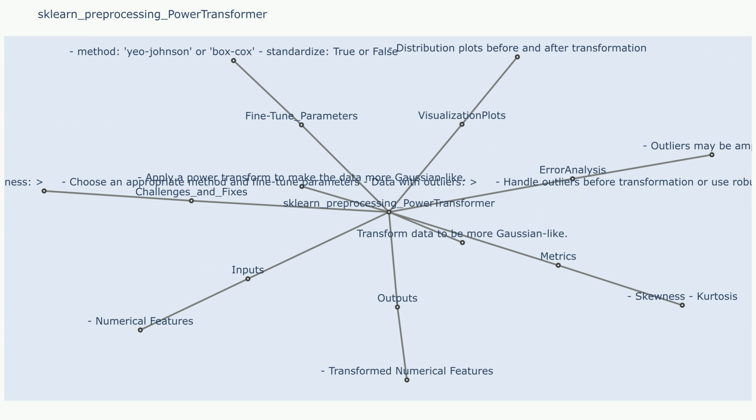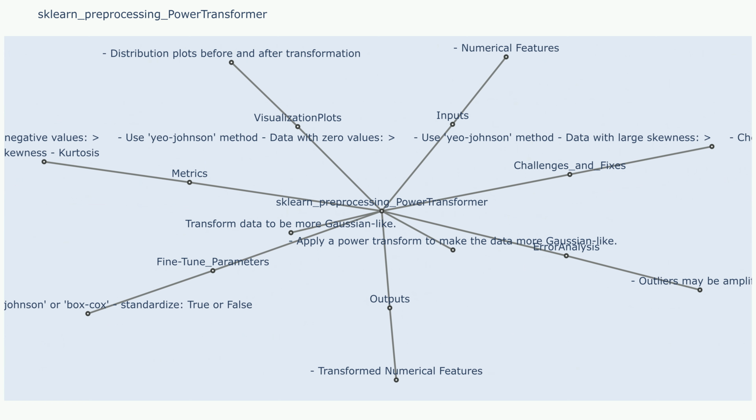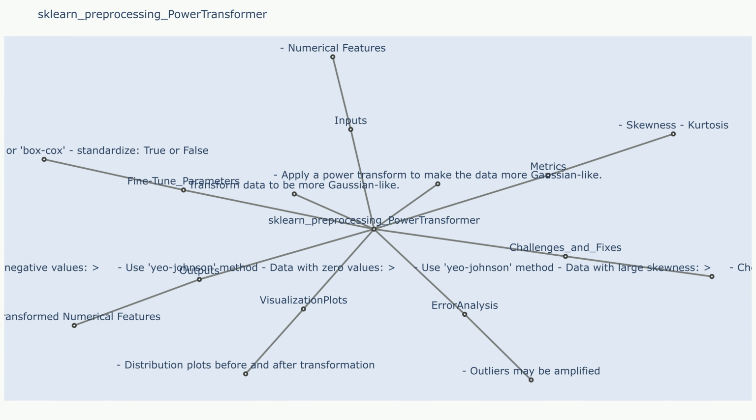Visualization plots. Histograms. Visualizing the distributions of the original and transformed features using histograms helps understand the effect of the transformation. QQ plots. Quantile plots. QQ plots compare the quantiles of the transformed data to a normal distribution, providing a visual assessment of the normality assumption. Fine-tune parameters. Method. The choice of transformation method, Yeo-Johnson or Box-Cox, can influence the results, depending on the data